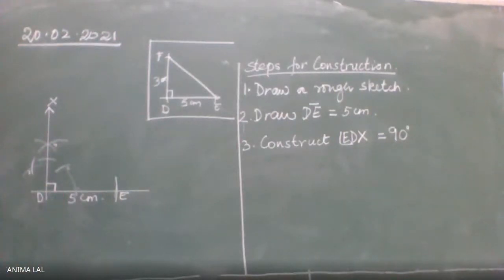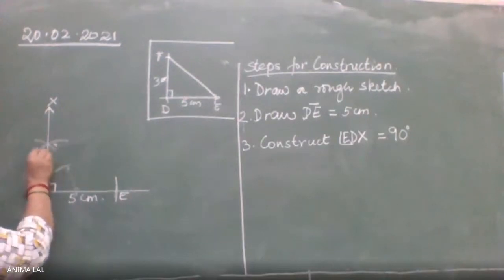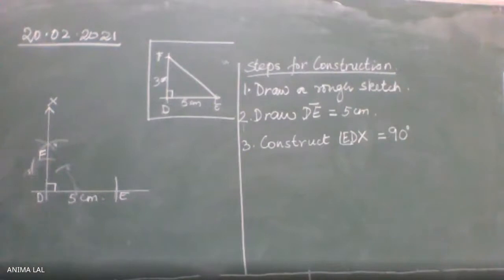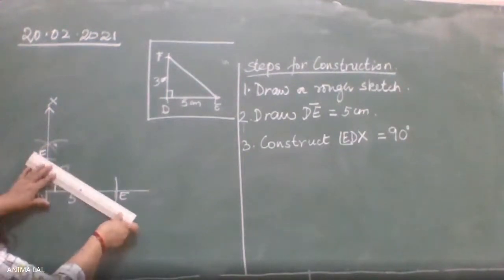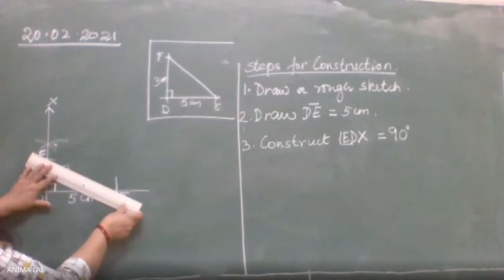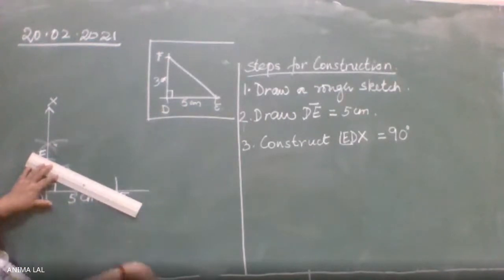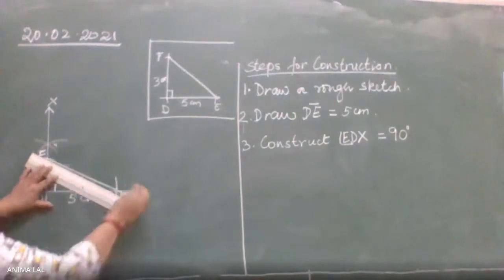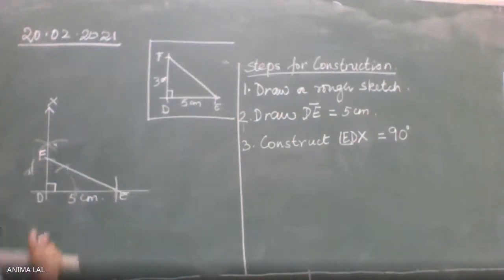This arc will give you point F. This arc will give you point F. Join F with E. Join F with E. This is your required triangle